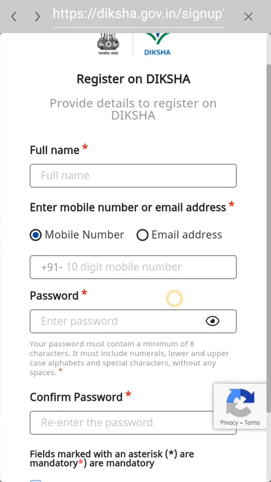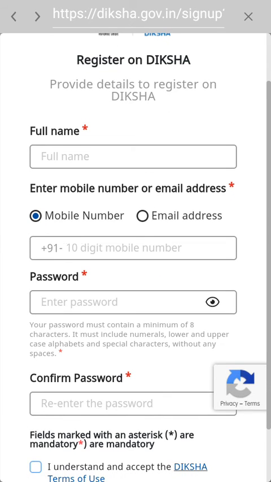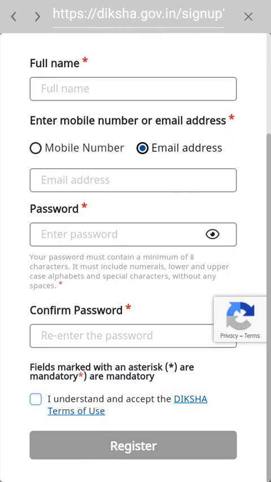Now they will ask our full name, email address, mobile number, and password. We can make our password. Any password you can make, but it must contain a maximum of any letters but a minimum of 8 letters. It must have numerals, lower and uppercase alphabets and special characters without any spaces.